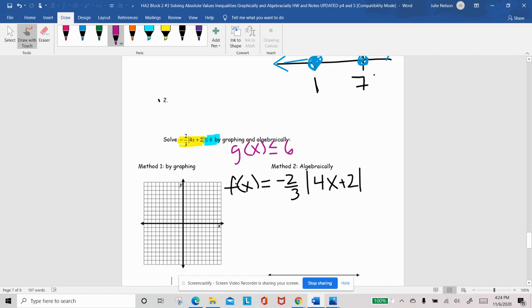So I'm going to go ahead and do the y is less than or equal to 6. That means I'm going to go to 6 on the y-axis, 1, 2, 3, 4, 5, 6. And I'm going to draw a line straight right, straight left. And because it's less than or equal, that means I can shade on the line or anything below the line. So let's make sure that we write that. So less than or equal means to shade